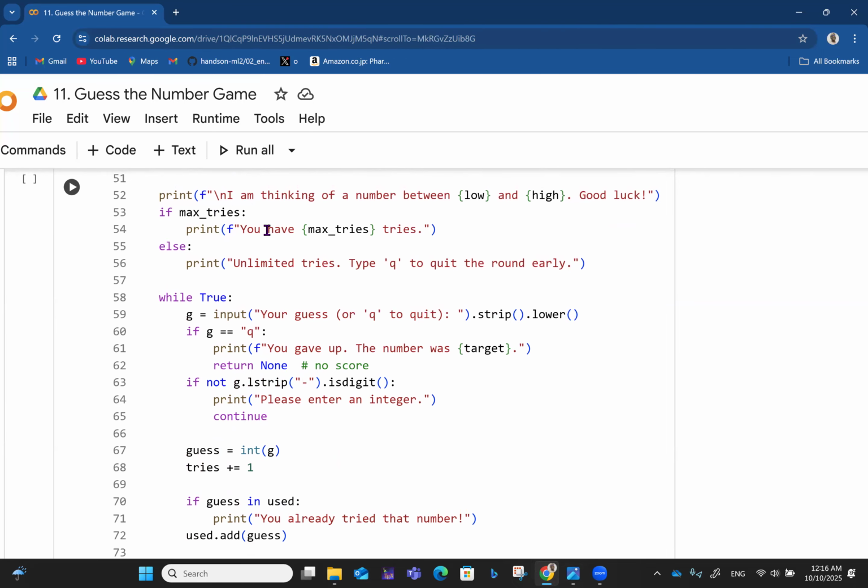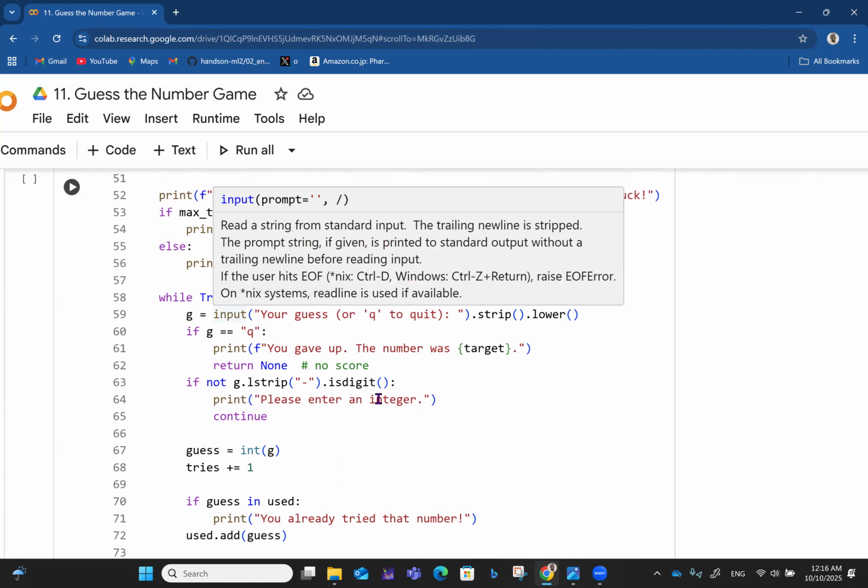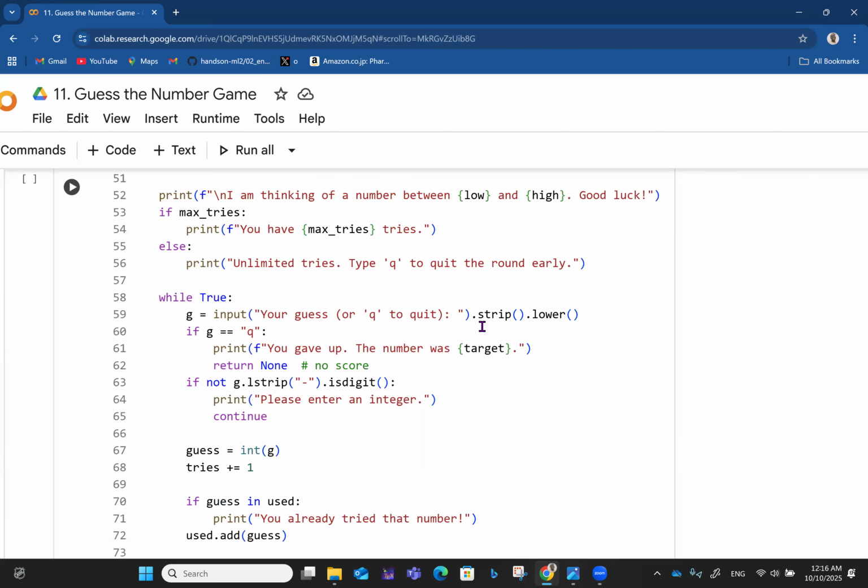So if maximum number of tries, print, you have this number of tries. Else, print unlimited tries. That's for the first case where we have 1 to 50. Then type Q to quit the round early. So if you want to quit at any point in time, if you are tired, you can just type Q and get out. Okay. So while true, G is equal to input, your guess or Q to quit, then strip